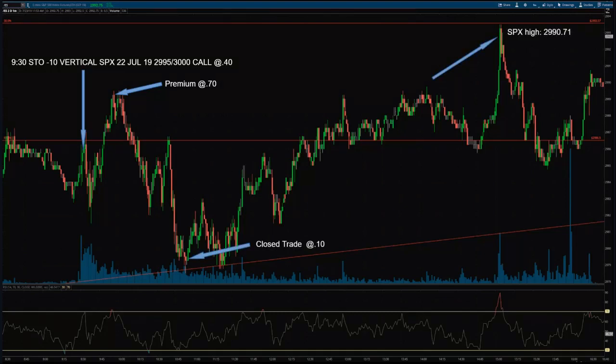This market continued to move higher, right? And the SPX was 990. Well, it's only 5 points away from the short leg. And so you would have been sweating bullets. And I'm sure if some of you already trade 0 DTE, you know what that feels like. And it's just not comfortable. I'd rather get out at 10 cents and not have to sweat whether I'm going to get breached or